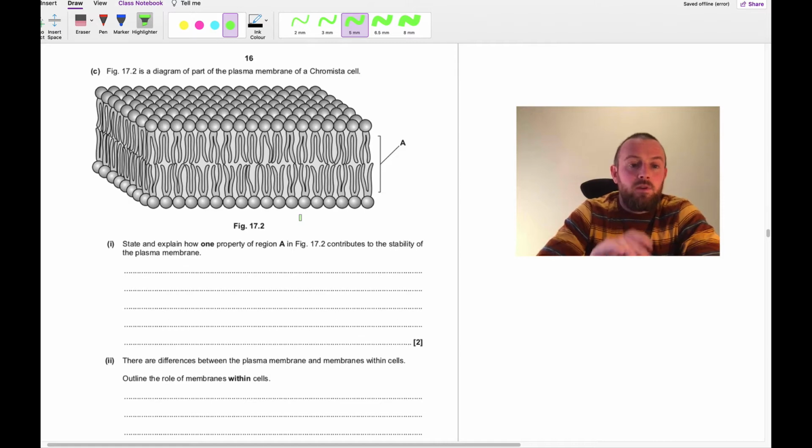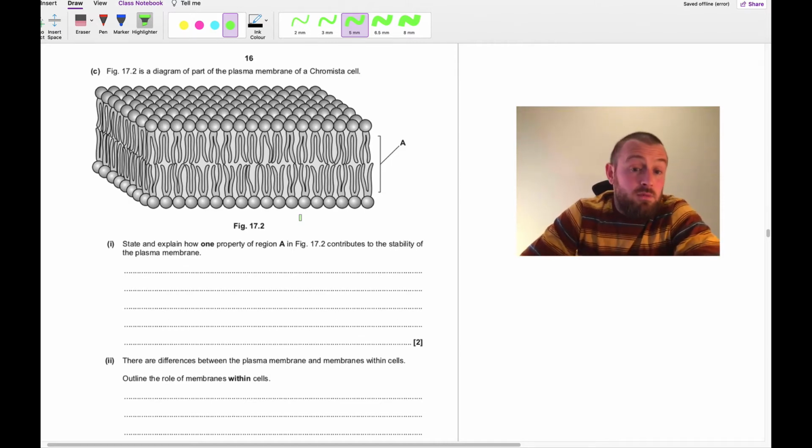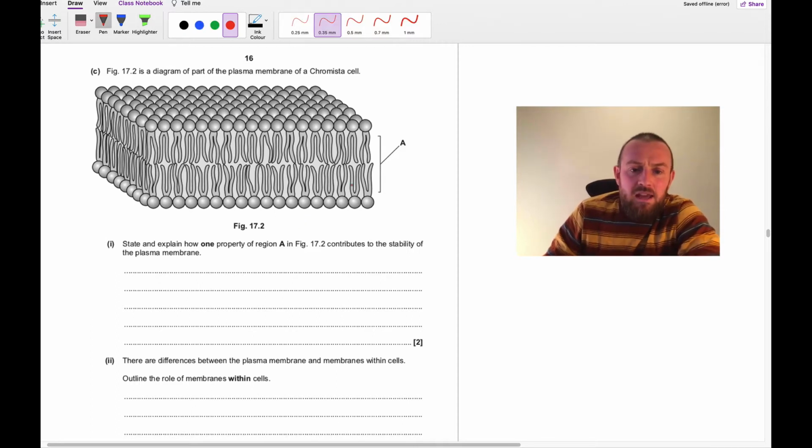Okay, 17.2 is a diagram of part of the plasma membrane of a Chromista cell. State and explain how one property of region A contributes to the stability of the plasma membrane. Okay, well, the property of region A, these are the hydrophobic tails. So that's it really, hydrophobic fatty acid